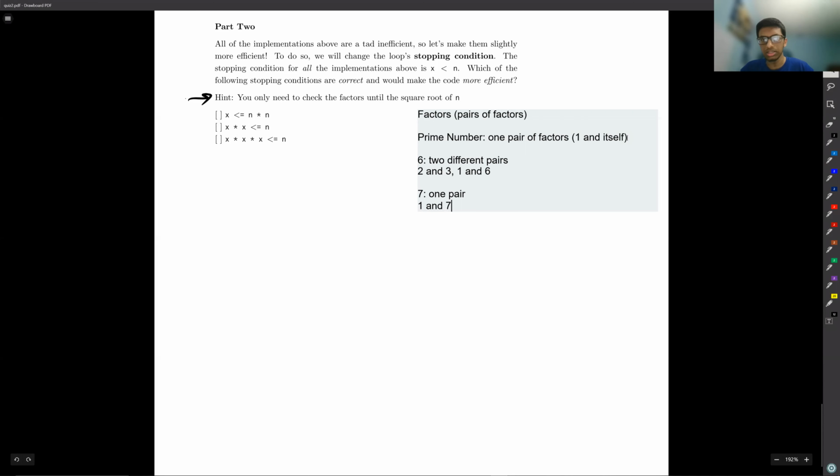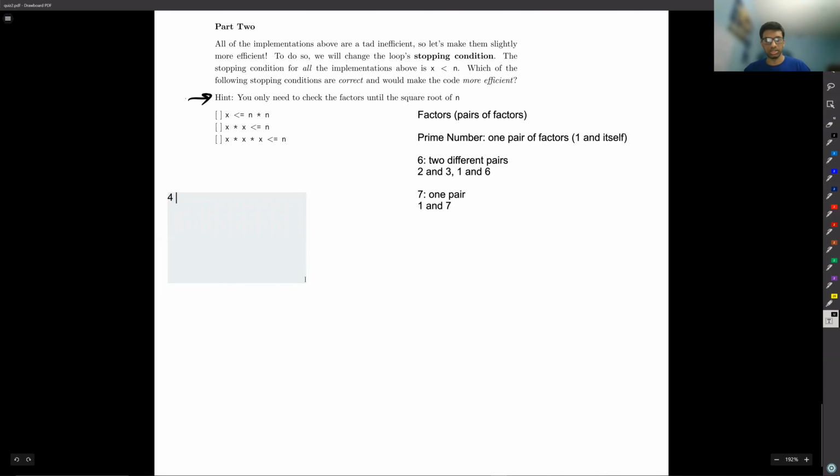And if we think about this, then the reasoning for why we only check until the square root of n begins to make a lot more sense. Let me explain. There's a couple different formal proof techniques we could use, but I'm going to first start with just generally saying that if we write out what the square root of 6 is, well, I know that the square root of 6 is somewhere between 2 and 3. Why do I know that? Well, it's because